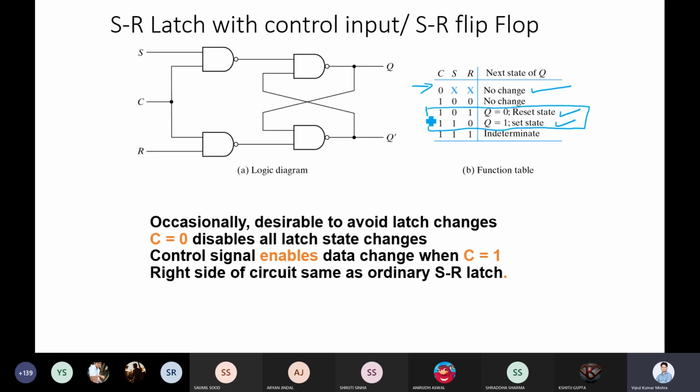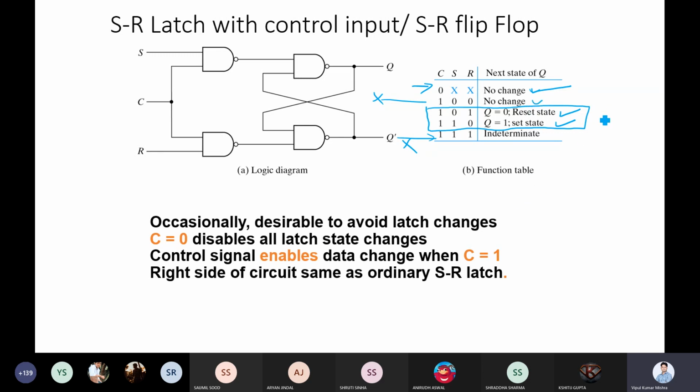It means if we do not have this state, and we do not have this state as well, then you do not have any problem in the circuit. Like, no change we can control. So if you have these two no change, it means two states are memory states here. I want to keep only one memory state.